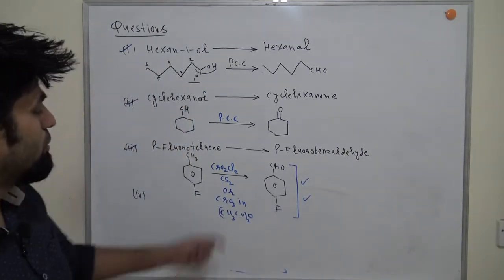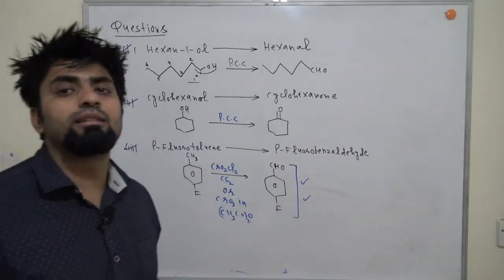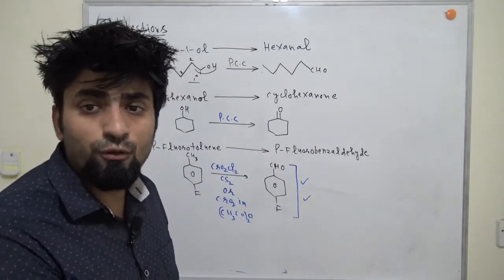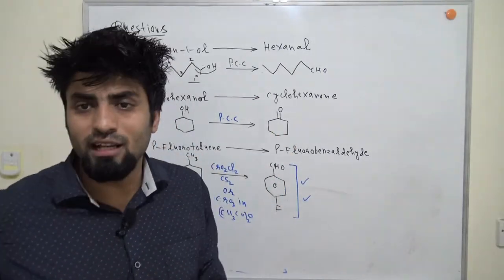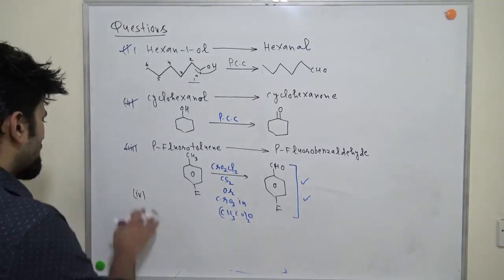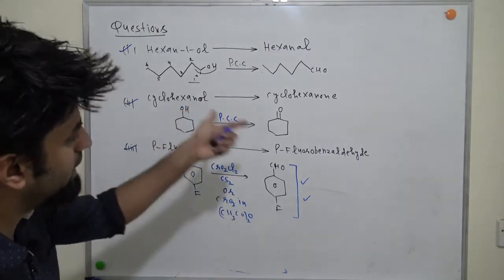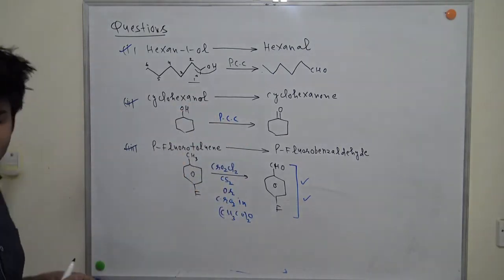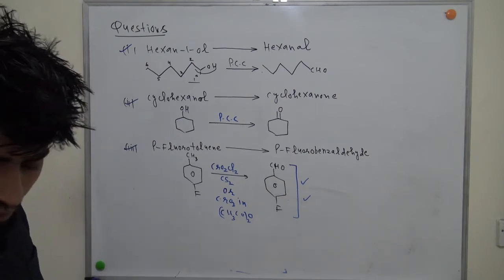I told you that you can directly write benzaldehyde as the main product, but sometimes the examiner is looking for the intermediate product also. That intermediate product you have to memorize, because the mechanism of this reaction is not that important, right? So as you can see, whatever we have learnt already, we are utilizing that knowledge only, and these questions are very simple to tackle. Okay, so a few more questions I have.